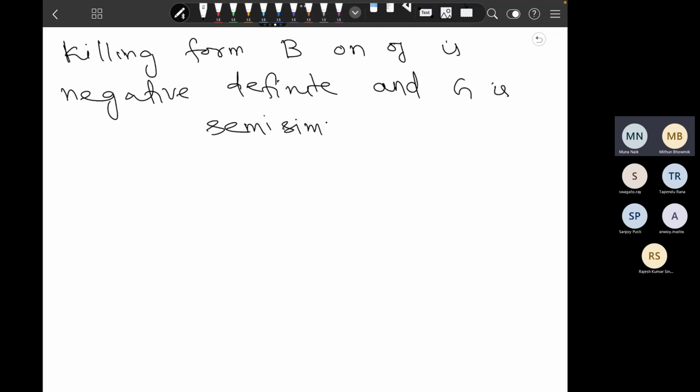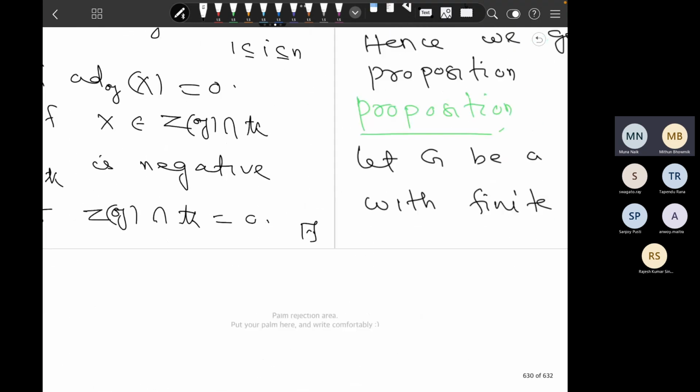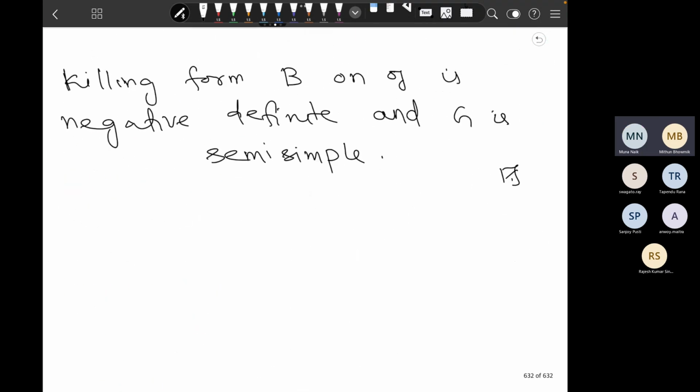Once the killing form is negative definite, then this is semi-simple because negative of that is an inner product. Therefore, 𝔤 is semi-simple. So with this, I will stop this thing, and I will be happy to answer any